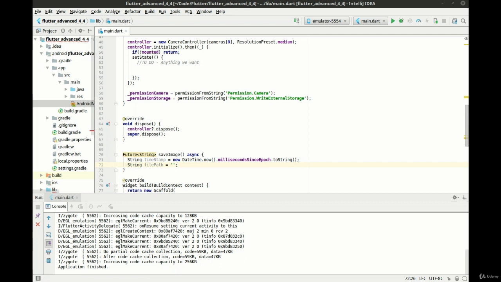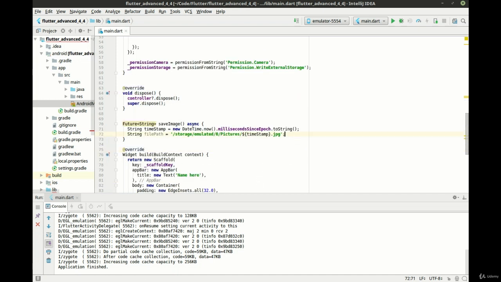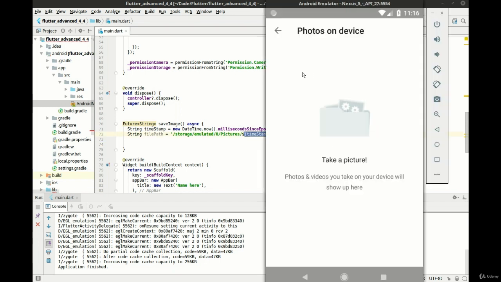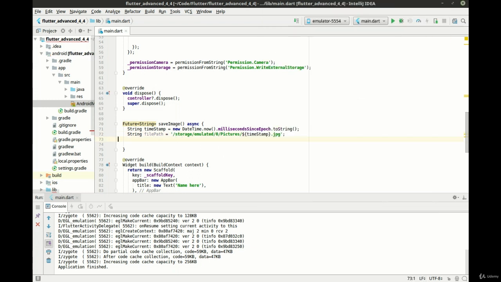I'm just going to copy and paste this out of my notes because it's a bit to type and I don't want to screw it up because it would be interesting to debug later. There we go. So /storage/emulated/0/Pictures and then the file name. This should put this in the emulator in the photos on the device. I think there's a couple different spots on Android, but that's the one that I found just poking around. And then we'll say